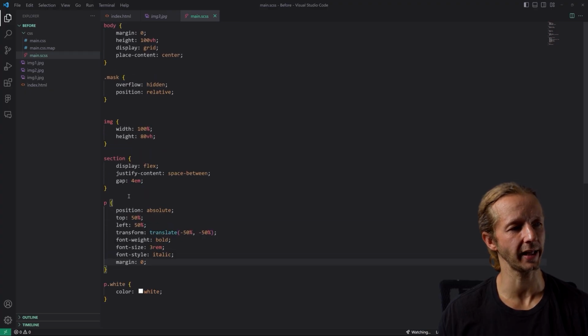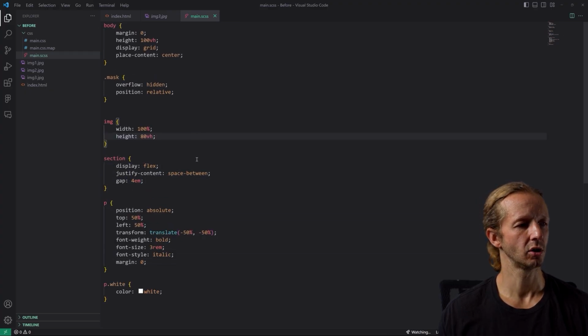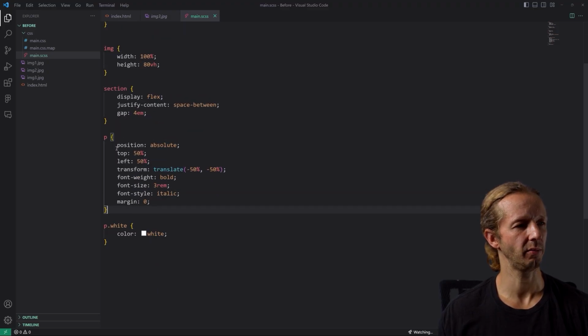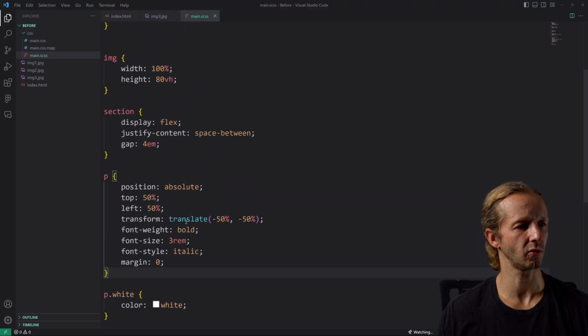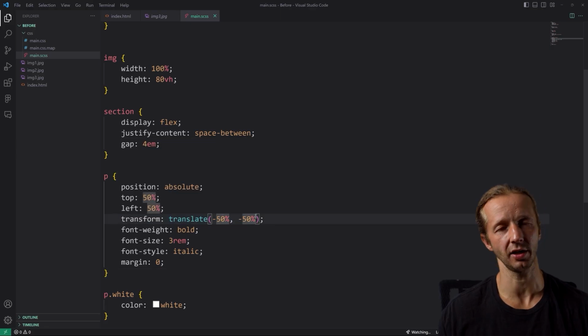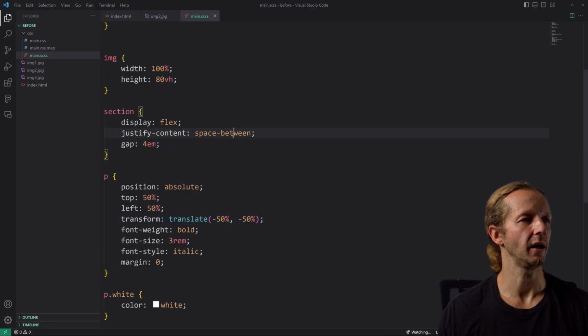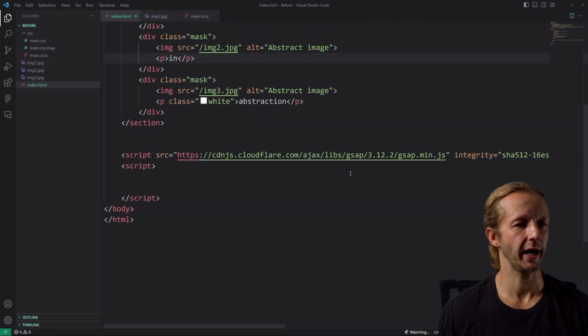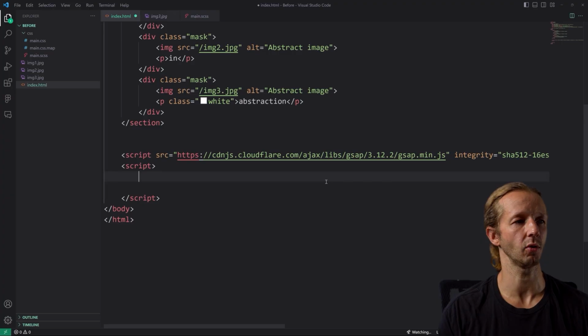I'll let you look at that as you wish. There's nothing too crazy happening here. The paragraph element, you can see we have a transform of translate -50. That just centers it vertically and horizontally. But anyhow, nothing really special is happening here. So we have our GSAP import, and let's get started with the very first thing that we're going to learn,